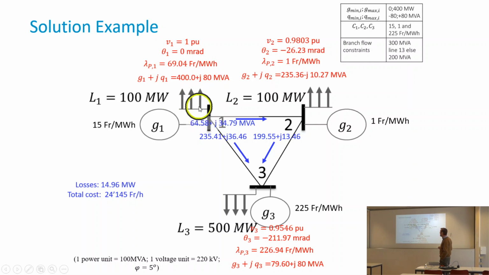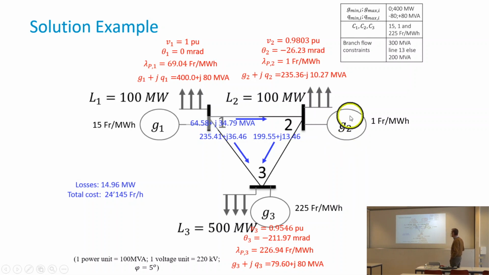So it's the partial derivative of the total cost of the grid with respect to the consumption here. So here, if I want to add 1 megawatt, for example, during 1 hour, so 1 megawatt hour, I will need to pay 69 francs here. Here, in contrast, if I want 1 more, I will need to pay 1 franc more. And here, I will need to pay